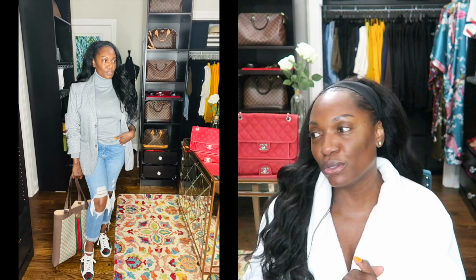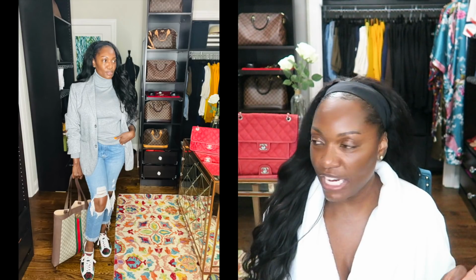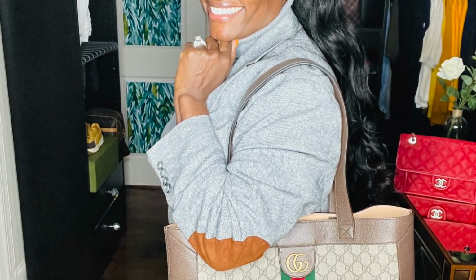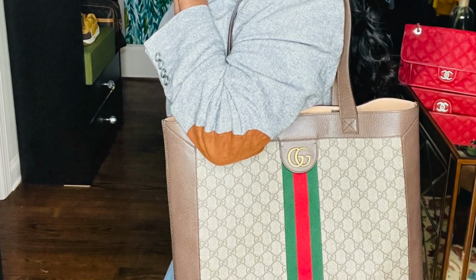I absolutely love a good turtleneck, and the prices at Walmart cannot be beat. So when I find something that I like at a really great affordable price, I do try to get it in multiple colors. The blazer here is from Zara. It is super old. Again, the turtleneck is from Walmart, and these jeans are actually from Zara, and they